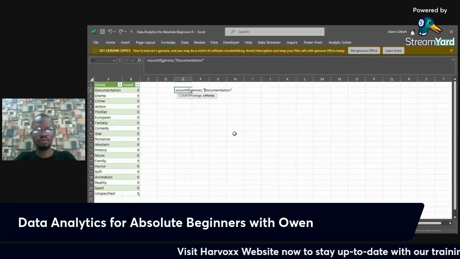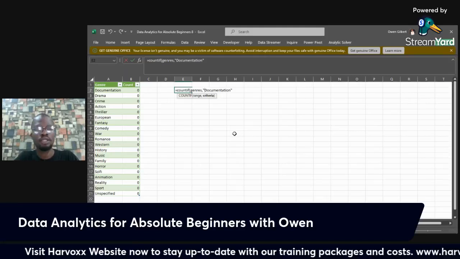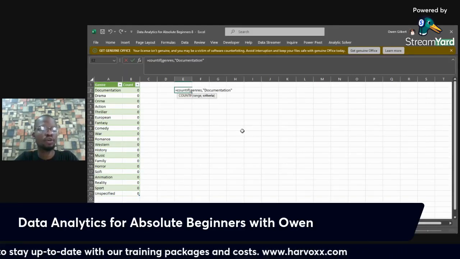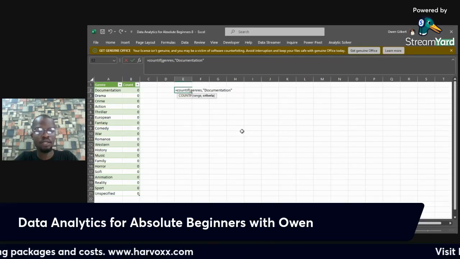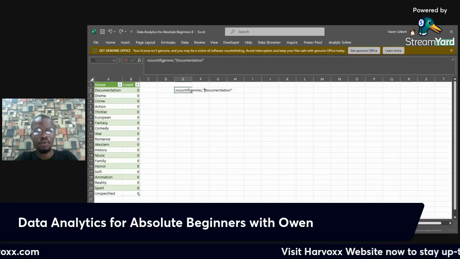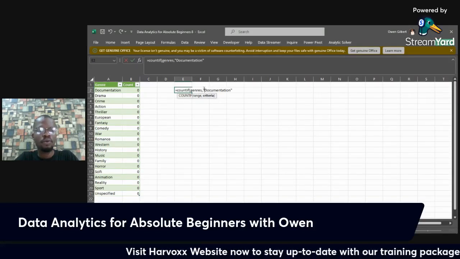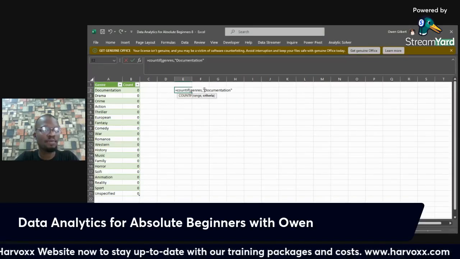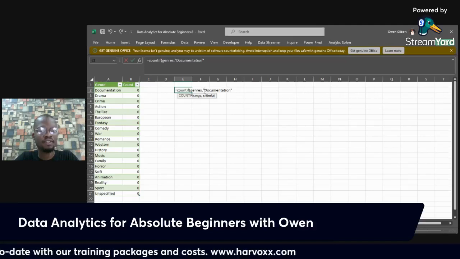So I was trying to tell us how we can search for documentation in a list that is joined like that, how we can pick out documentation. So that's where we were. All right. So what's going to happen here is that we know that documentation has a certain number of characters before it, and documentation has a certain number of characters after it.